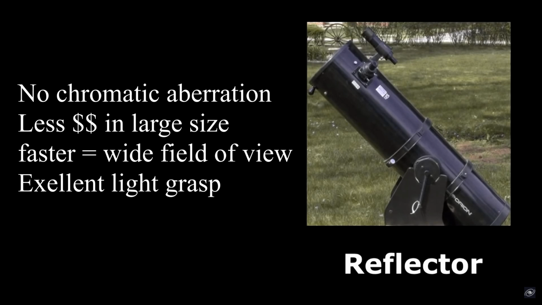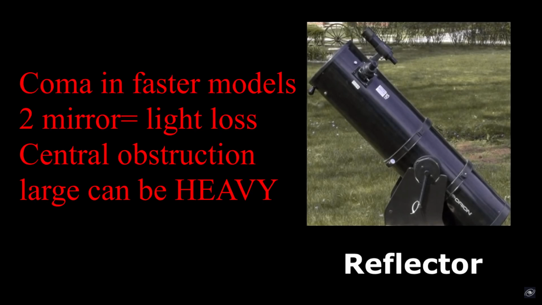These types of telescope provide you excellent light grasp of the sky you are observing, and cost per inch of aperture is very low. Disadvantages of these types of telescope: the faster you go on your focal length, you will see optical aberrations, comas. In these types of telescope you will see minimum of 2 mirrors. You will find that light loss is high. Central obstruction, the secondary smaller mirror which is used to redirect light into your eyepiece and focuser, you will see diffractions. Second mirror, you will get diffraction, and if made larger they can be very heavy.